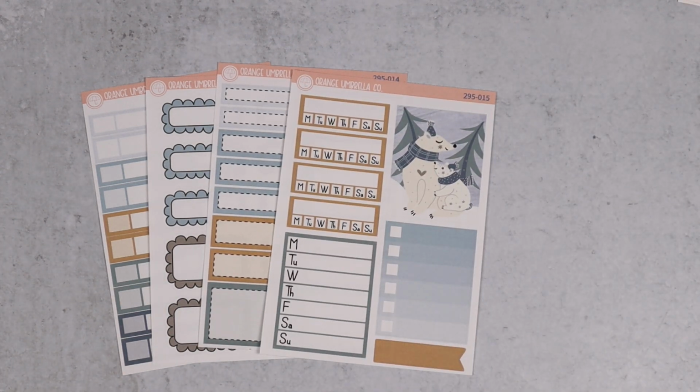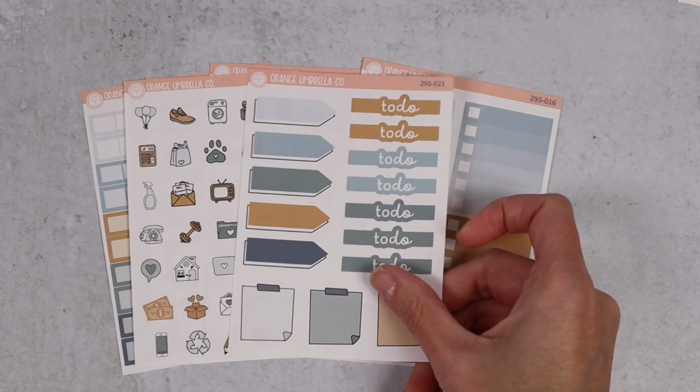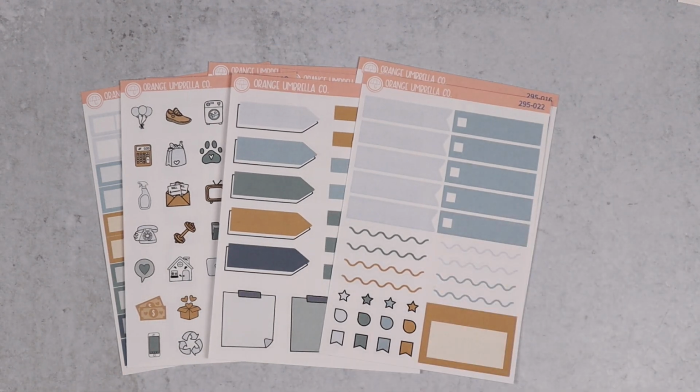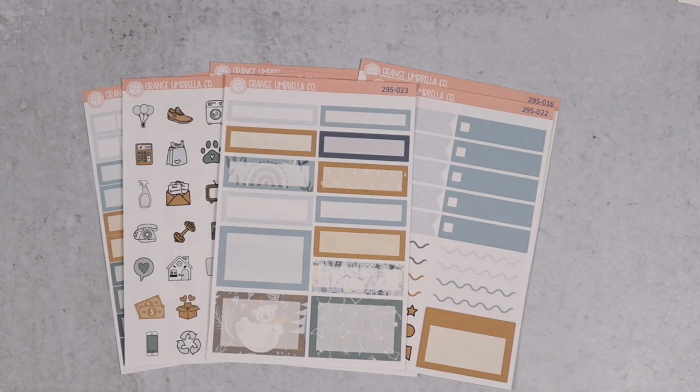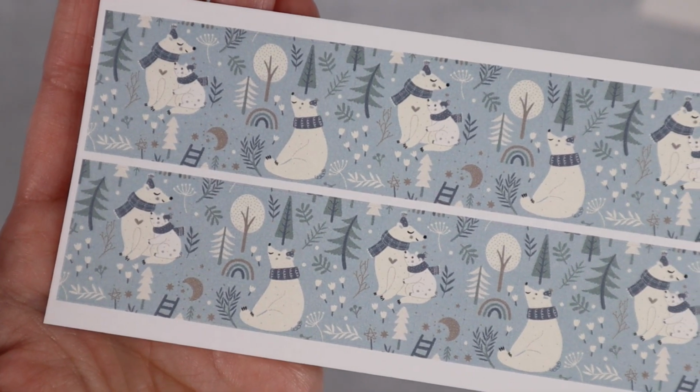There is the sidebar, split up the habit trackers, ombre checklist, doodle icons, to-dos and notes. The functional sheet has tons of little squiggles for you guys. The mixed label sheet and the weather trackers. Okay, I also have the thin washi sheet, which is here. There we go. And then the thick washi sheet,